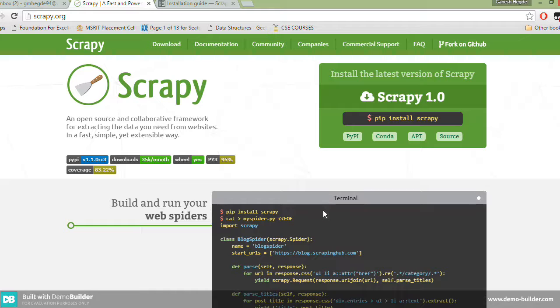The main difference with web scraping is that scraping does not only download the pages. The focus is more on the transformation of unstructured data on the web, typically in HTML format, into structured data like JSON, CSV, whatever you want. It can then be stored and analyzed in a central local database or spreadsheets.